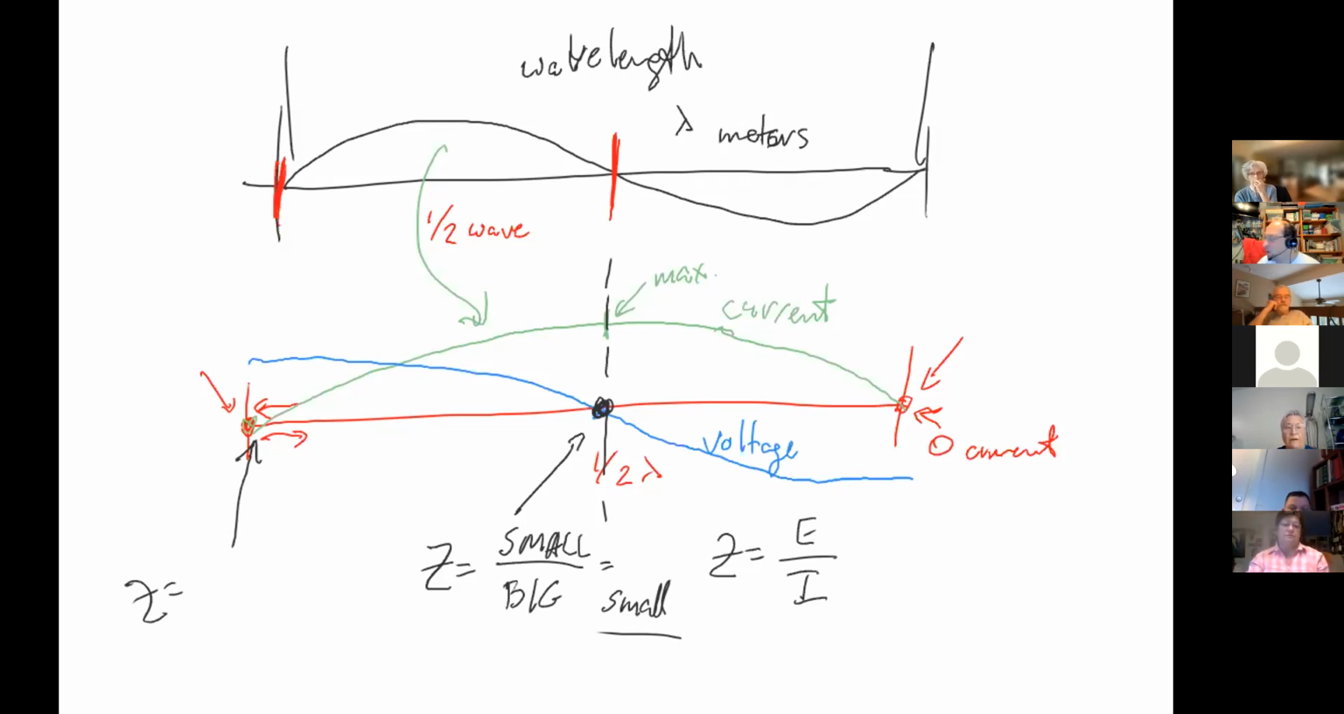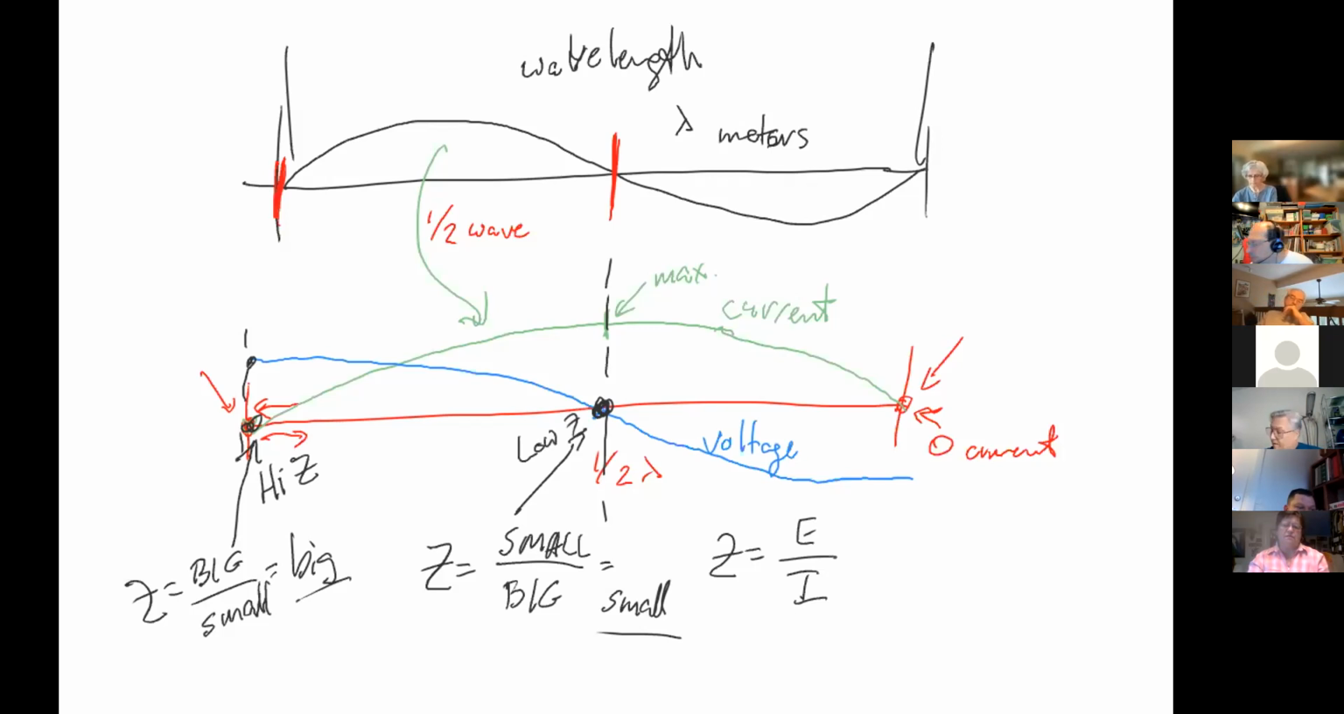What's our voltage? It's going to be big. And what's our impedance? Big. What's our current? It's practically zero, right? What's something that's big divided by something that's small? Big. So qualitatively, what this means is that we have a high impedance at the end and a low